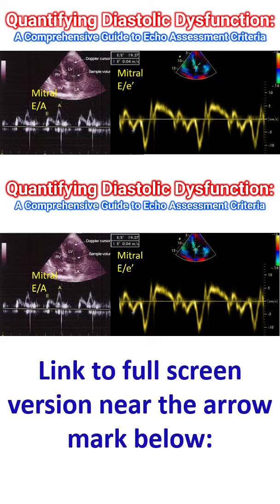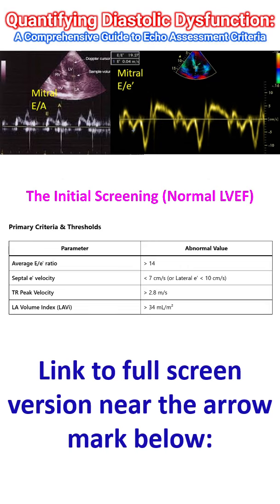Quantifying diastolic dysfunction by echocardiography is essential for identifying heart failure with preserved ejection fraction. The clinical standard is based on 2016 ASE/EACVI guidelines, though emerging research in 2025-26 emphasizes the integration of left atrial strain for higher sensitivity. In patients with a normal left ventricular ejection fraction, that is more than or equal to 50%, and no known